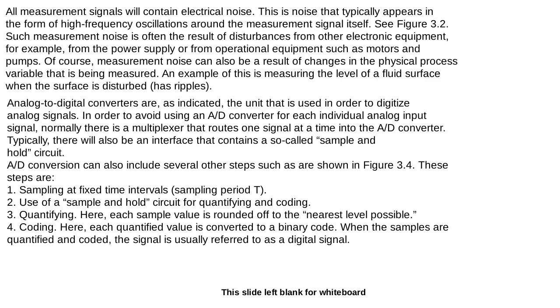And then for the coding, each quantity value is converted to a binary code. When the samples are quantified and coded, then the signal is usually referred to as the digital signal. So if you're told to describe the analog to digital conversion, then you need to talk about these four steps: the sampling, the use of the sample and hold, the quantifying, where we say this is rounding off to the nearest level possible, and also the coding, which is